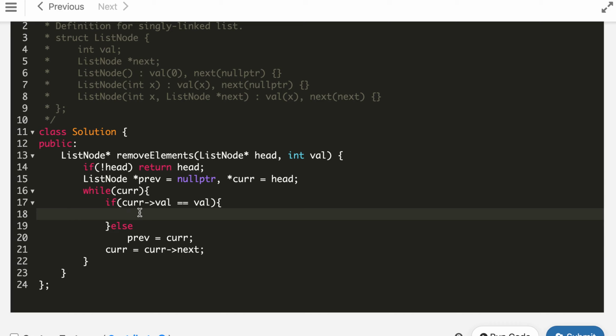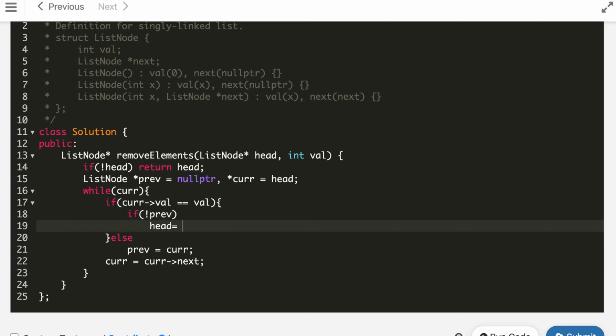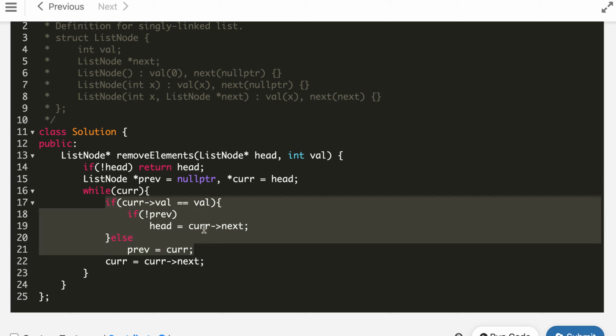Now let's write the case where the current's value matches val. There are a few scenarios. It is possible that previous is null, as we had seen in the explanation. So if not previous, then head equal to current next, and current is also advanced to next, irrespective of both these branches.